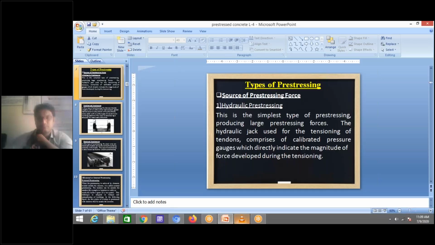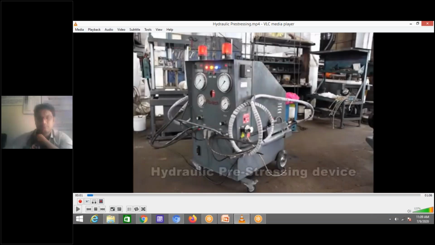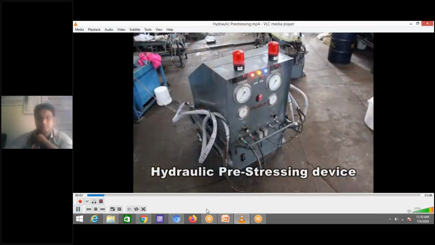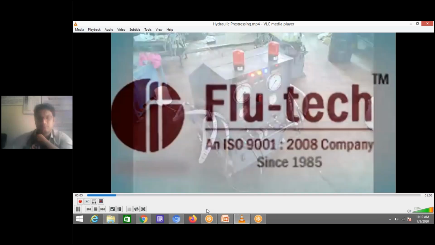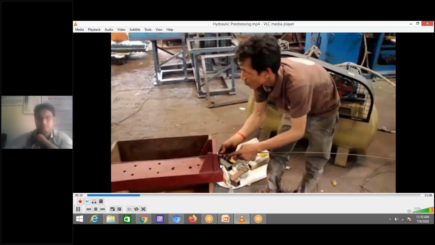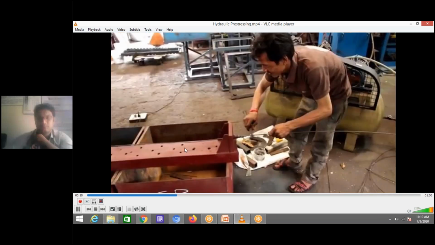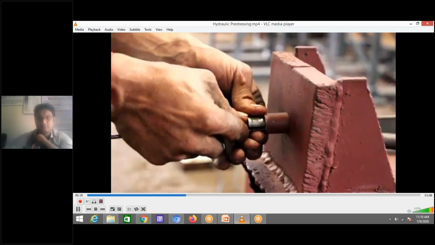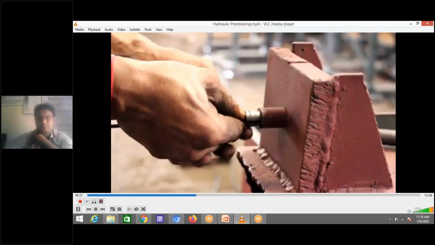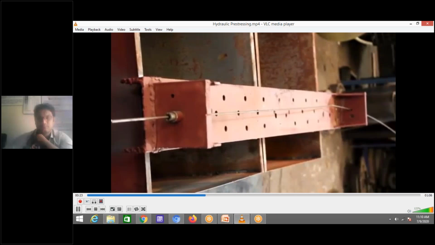So here in this video, I am trying to show you how the hydraulic pre-stressing is done. You can see this is the mold. They want to cast something in this mold. Before placing concrete in this mold, they are inserting a wire. It is not a strand, because it is only a single piece, so this is called a wire. And the wire was placed,